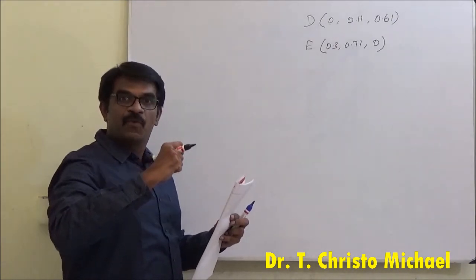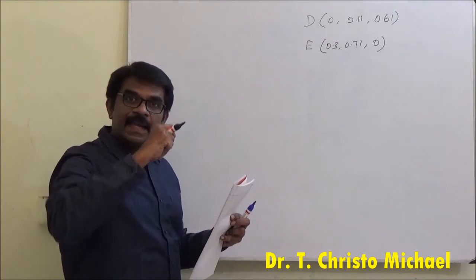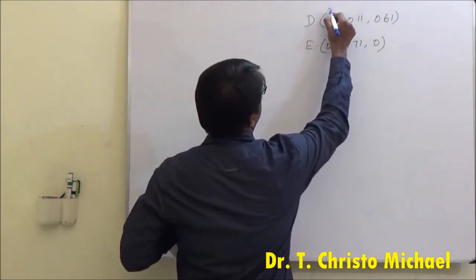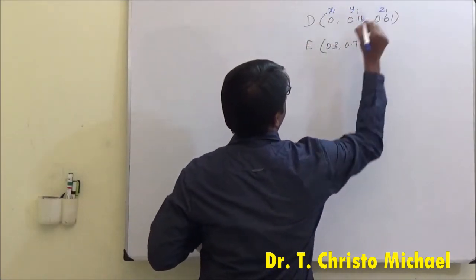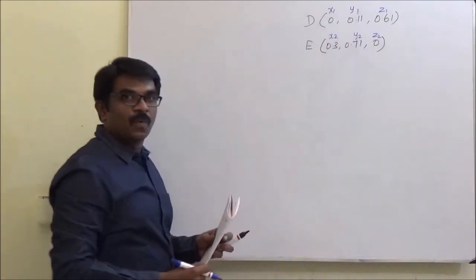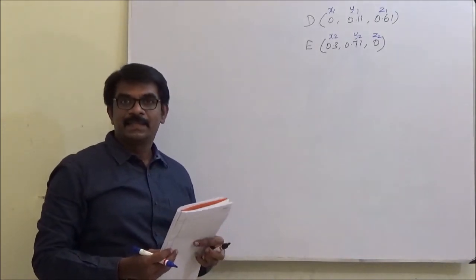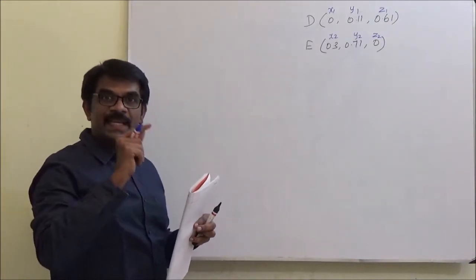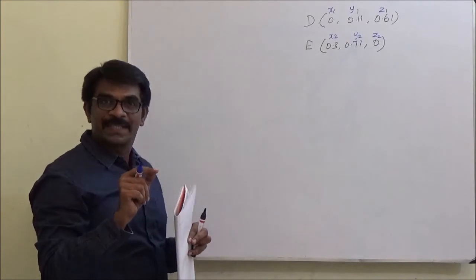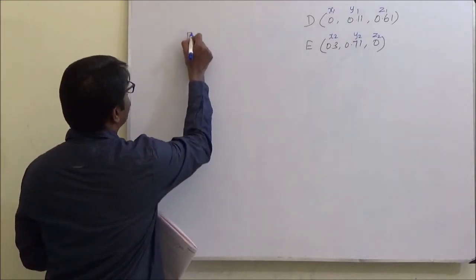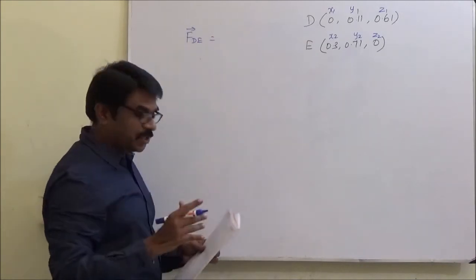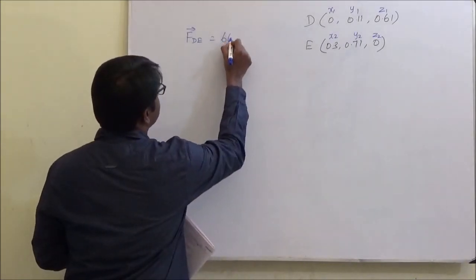And the force that is acting in D. So this happens to be our x1, y1, z1, and this is x2, y2, z2. What we need to first find? We have to find the force vector. So DE is the string on which the force is acting. The point of application of the force is D. So the force vector DE, the magnitude is given as 66 Newton and